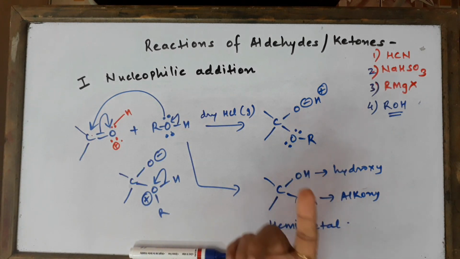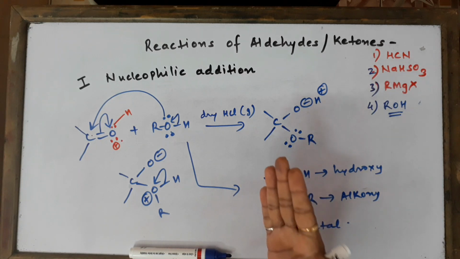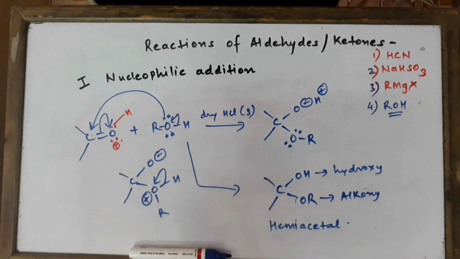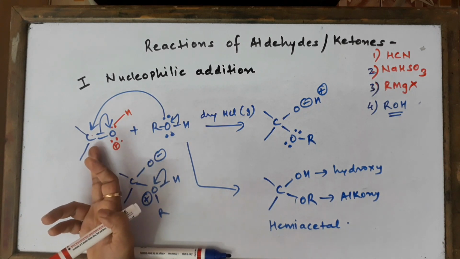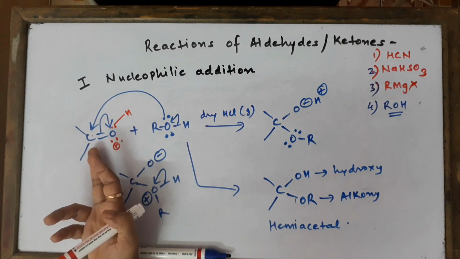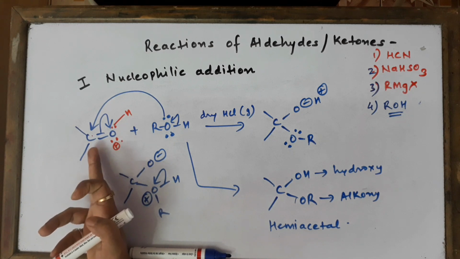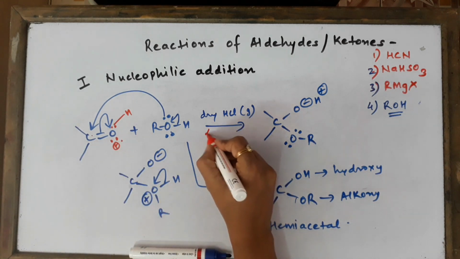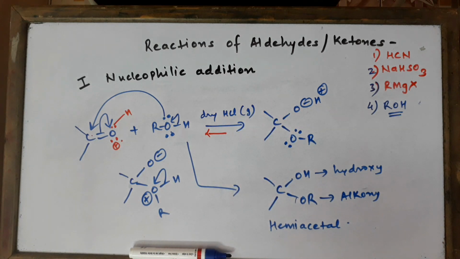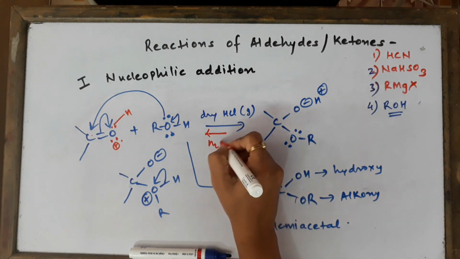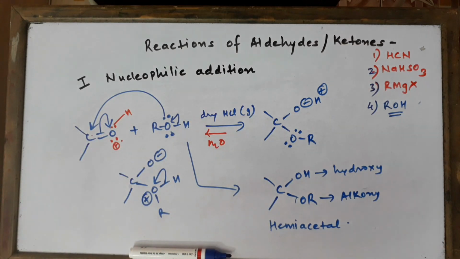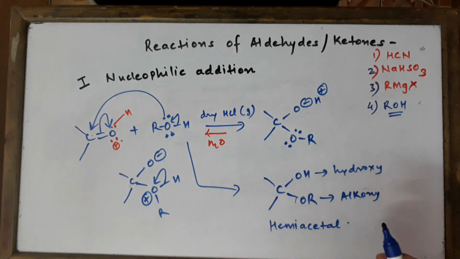So this can be a 1 mark question for us in the exam. What is the purpose of dry hydrochloric acid? So it is to increase the positive charge on the carbonyl carbon and to increase the rate of reaction. Okay, to increase the electrophilicity of carbonyl carbon and increase the rate of reaction. And this reaction is going to be a reversible reaction. If you add water, it goes back in the backward direction. So this is clear, I hope, what is hemiacetal? The compound formed when an aldehyde or a ketone reacts with 1 mole of alcohol.